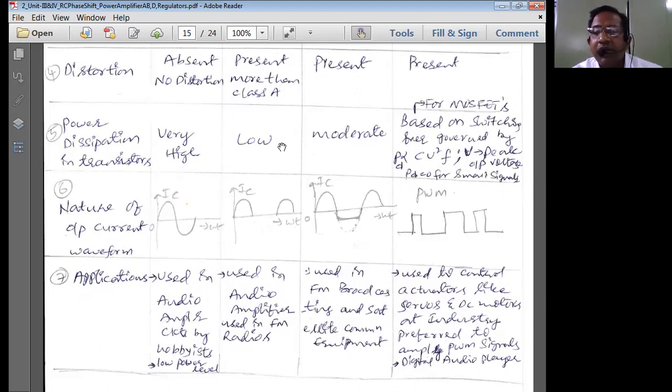For the rest of the 180 degrees, the transistor is not going to transmit the current. That means it will be in the off condition. Obviously, the transistor is not totally in the on condition. Therefore, distortion is definitely going to be low in the case of the class B type of power amplifier circuit. Okay. And at the output stage of the class B push-pull power amplifier, because of the center-tap transformer